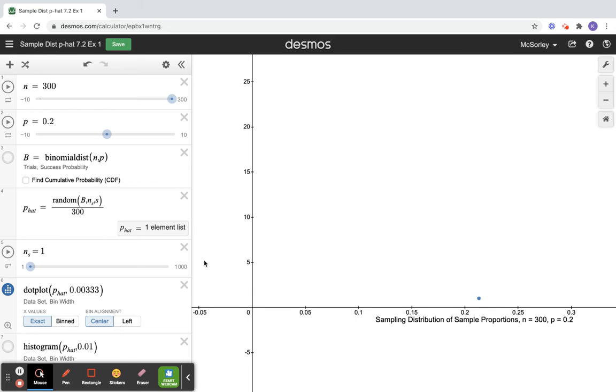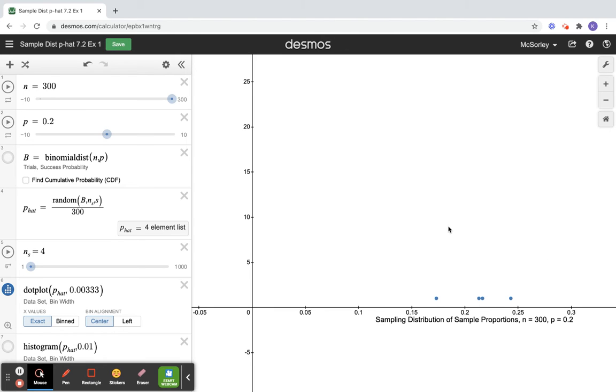And I'm going to take a different sample of size 300 and, oh, I can't slide very accurately. So now I have 4 samples total. Each one of these dots is a sample proportion that comes from a sample of size 300. Because of sampling variability, they're not all the same. This one is 0.17, so 17% of these 300 were business majors. This one's about 0.21. We saw that one already. This one's about 0.2167, just slightly larger. And this one's about